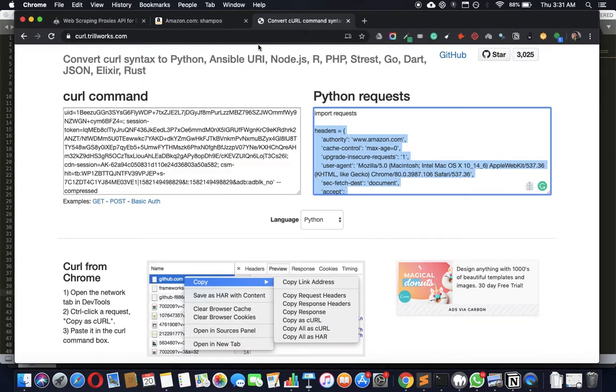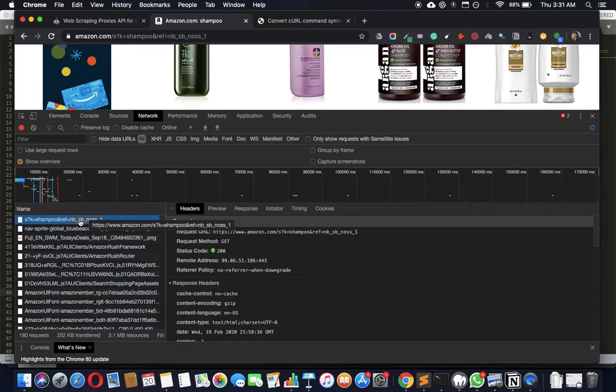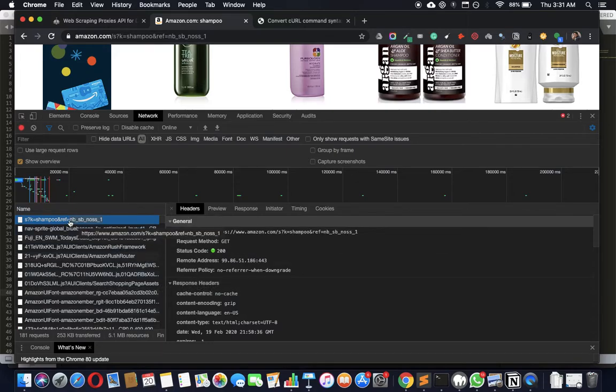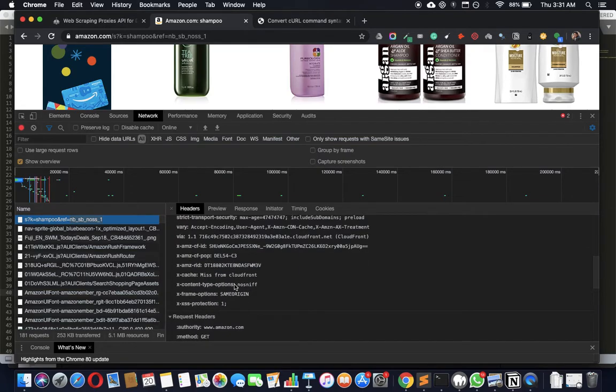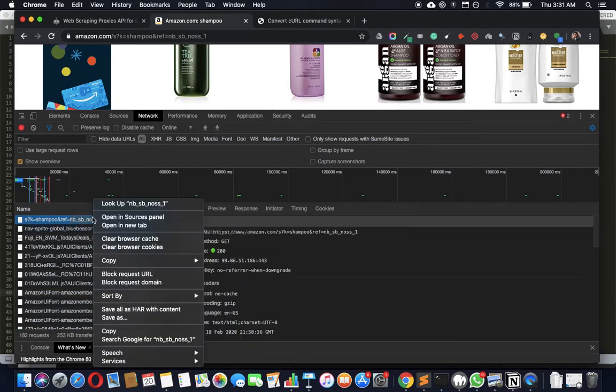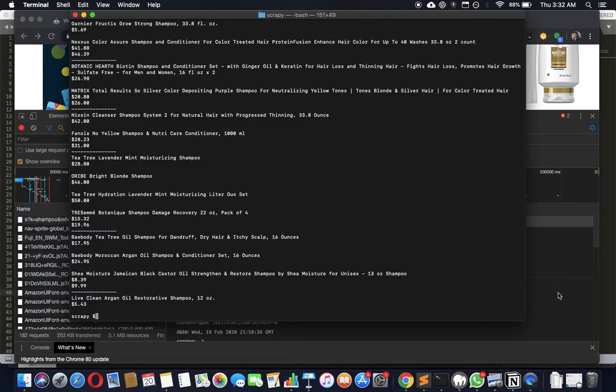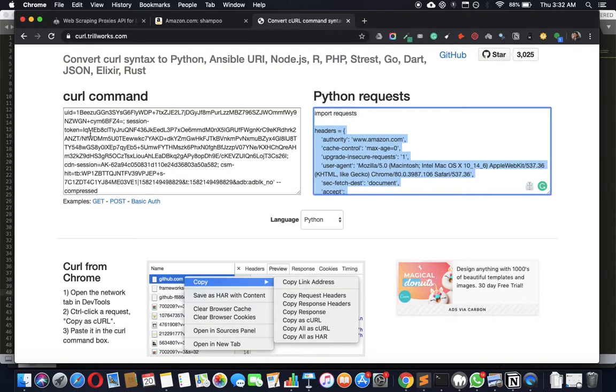Inspect the tool, right click on Amazon and on the request, go to the network area, refresh it once, and then you'll see all these things. Go to the very first one, that's the request. The rest of it you can ignore. That's the main request, and see what the request headers are like. And you want those request headers. So what you do is you just right click, copy, click on copy as curl, take that, run it once on the terminal, it'll give you the HTML, then take it to